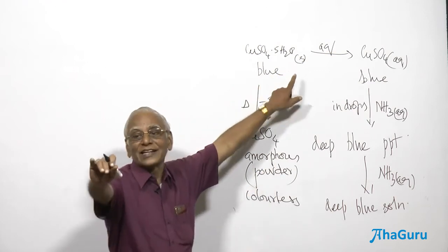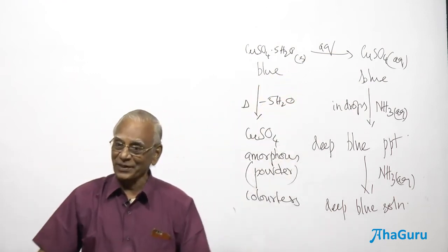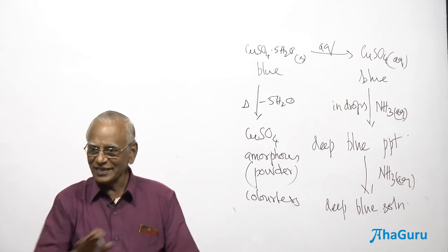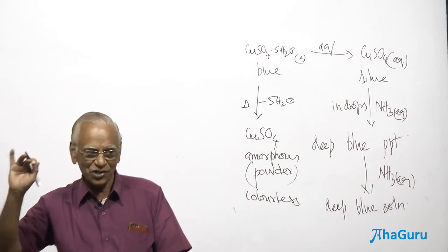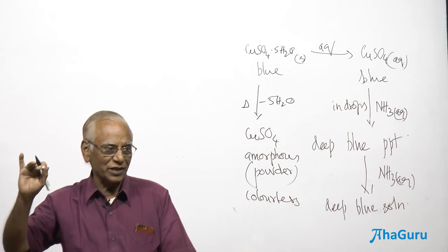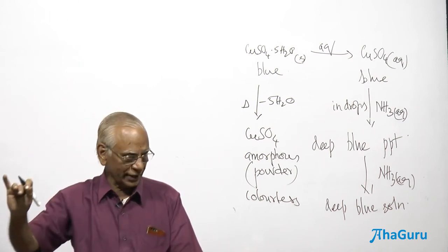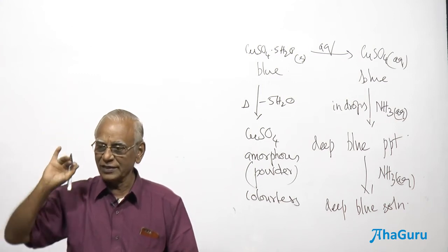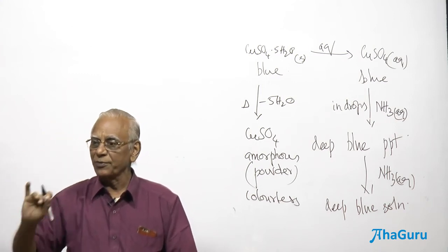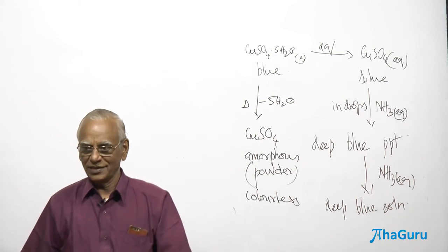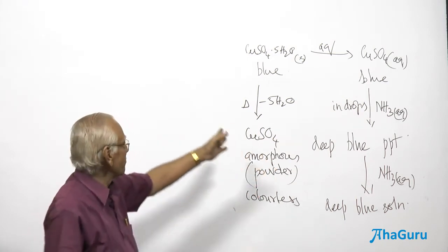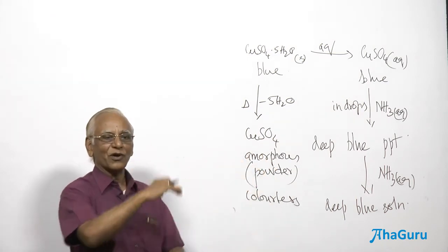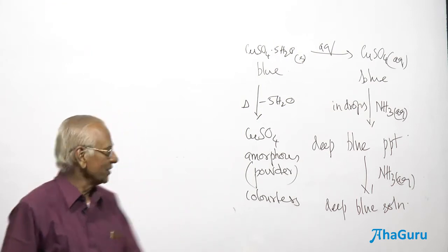Therefore, water of crystallization, assertion and reasoning. What is the first statement I made? 5H2O in copper sulfate dot 5H2O is known as water of crystallization. Is that a correct statement? Yes. What should be the second statement to account for that? The presence of water 5H2O is responsible for the crystalline shape. Yes. The moment you remove that, it becomes a powder here. Therefore, water of crystallization. Okay.